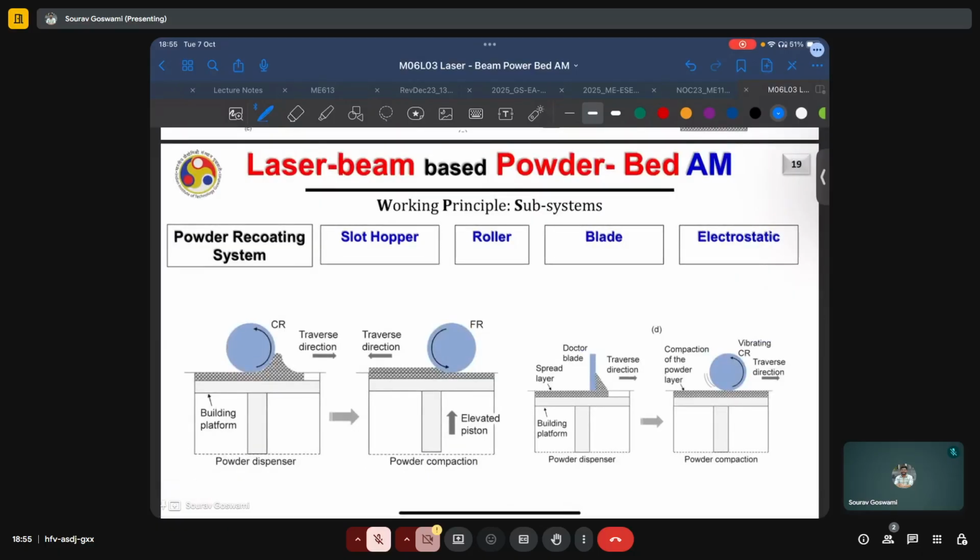Now, we can have either a counterclockwise rotation with respect to the traverse direction, or we can have a clockwise rotation with respect to the traverse direction. Here, the traverse direction is reversed, whereas the overall sense of rotation of the roller remains the same. When there is a counter rotation of the roller with respect to the traverse direction, we can expect that any particle which is available right ahead of it is being pushed upwards, and this leads to better flowability